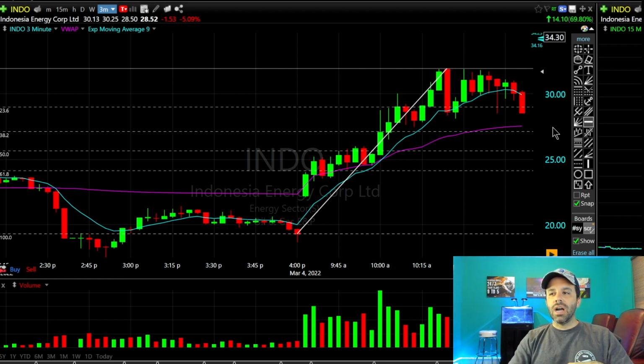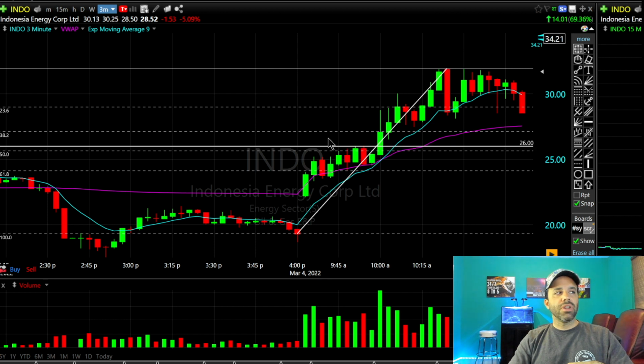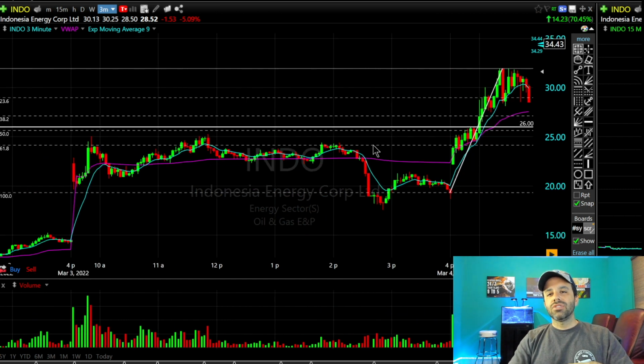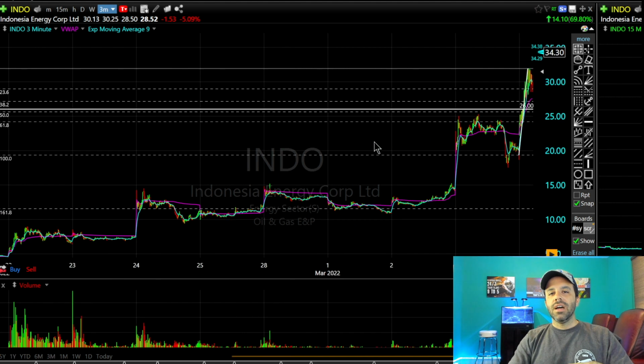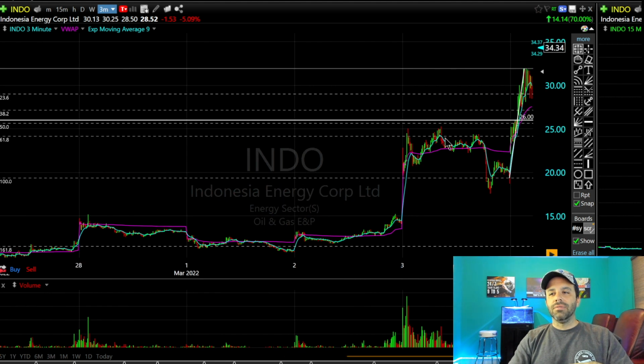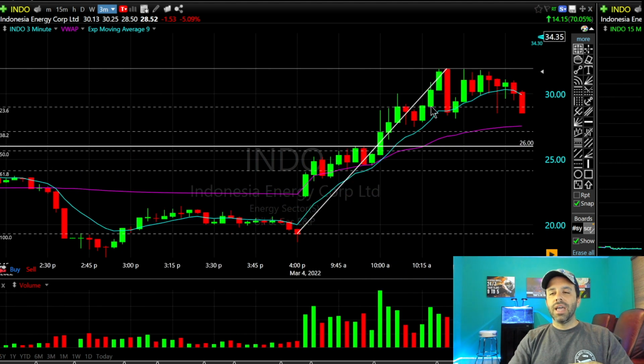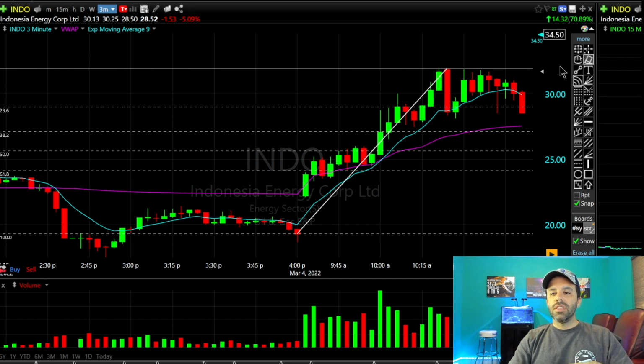Now let me show you really quickly how important this $25 zone was. Let's put a line right here across that level and scroll back some, and you can see how we have struggled to get above that level. We finally got above that level and we pushed. Now the key here on this push was the volume increase, and I want you to notice how big this volume was on that push